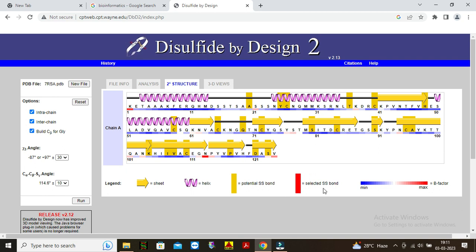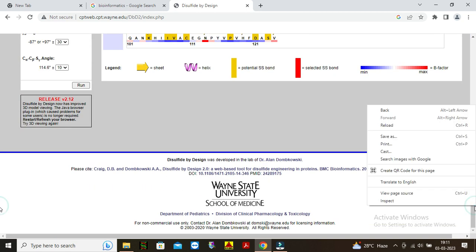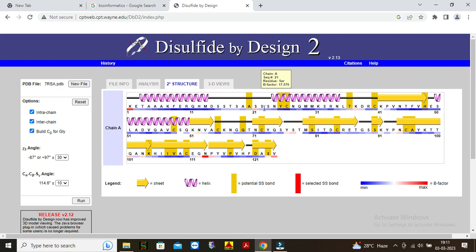while these red bars represent the selected disulfide bond. And this is the range of beta factor. This shows the range of beta factor, and by increasing the range, it converts blue to red and dark red. And you can also check the 3D view. So by just clicking on the 3D view tab,